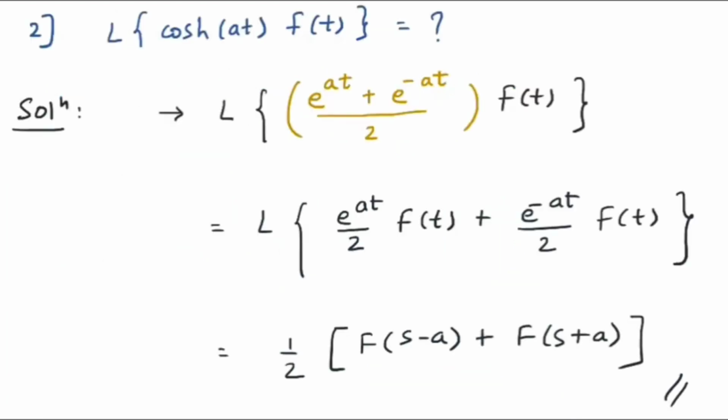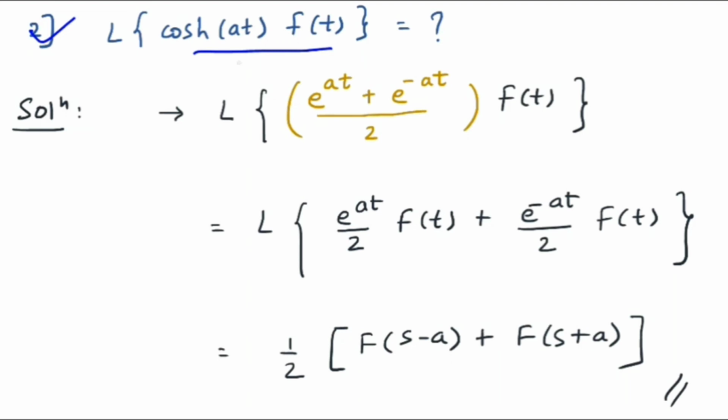Okay, so now we will see a level up question. You have to find the Laplace of cos hyperbolic of at into f of t. At the very first instance you don't know how to solve the question, but I have always told you whenever you have two functions multiplied, you cannot split the Laplace. If you cannot split the Laplace, then you should think of some techniques, like how can I convert this question into some trigonometric form or some exponential form.